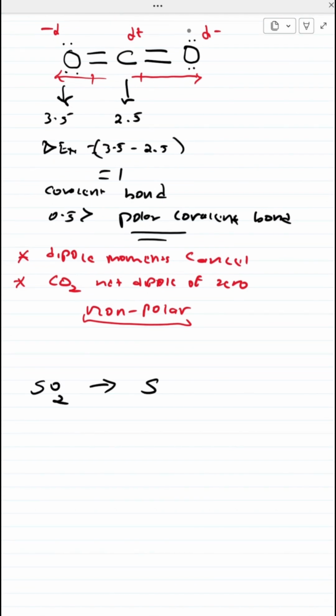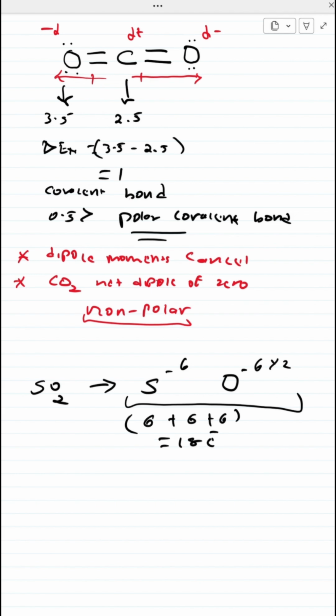For sulfur dioxide, we are going to talk about the distribution of electrons. Based on number, I'm having 1 sulfur and 2 oxygens. Now the total number of electrons to be distributed within the molecule are 18 electrons. So I'm going to put sulfur in the middle and oxygen on both sides. Now the first thing I'm going to do, I'm going to treat every bond as a pair. So the first bond will take a star and a dot, another bond will take a star and a dot,